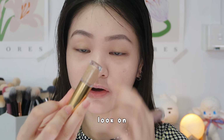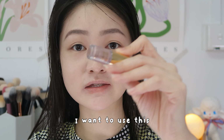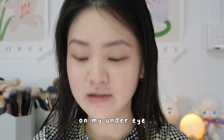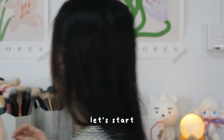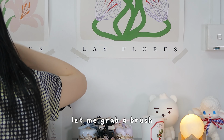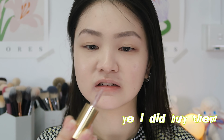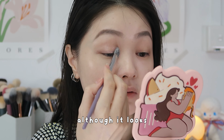But how would this look on your eye, man? I want to use this, so that's what we'll be using. Maybe I'll be using this on my under eyes because I do want to use both of them. I'm nervous. Let's start. Let me grab a brush. A little bit nasty. There is not much of a base shade, although it looks